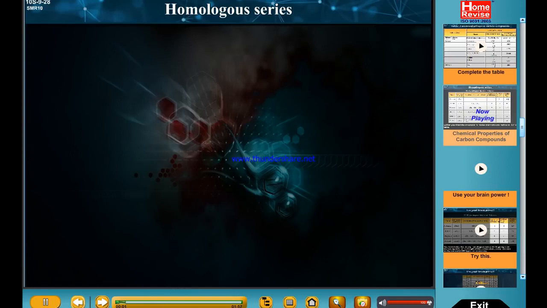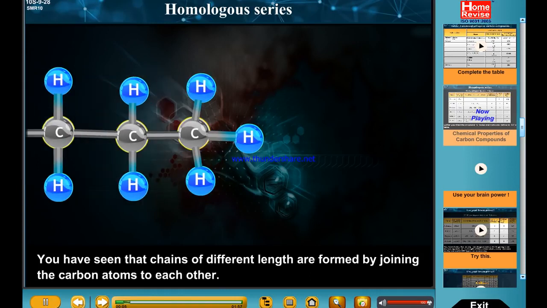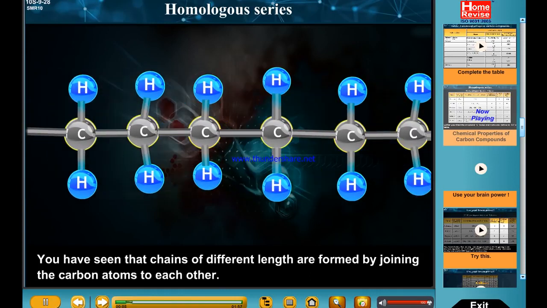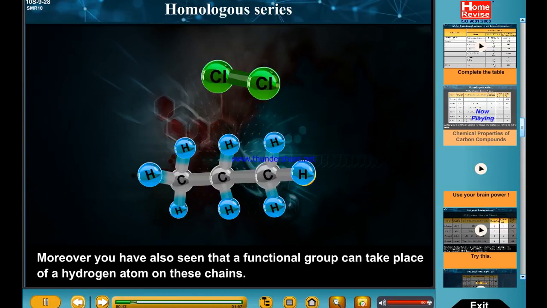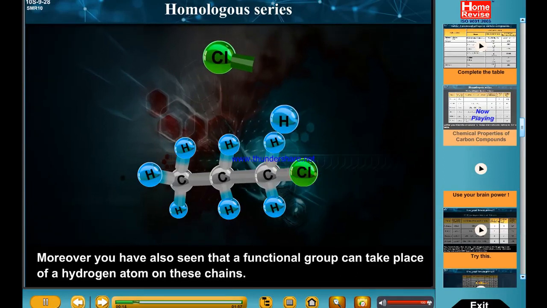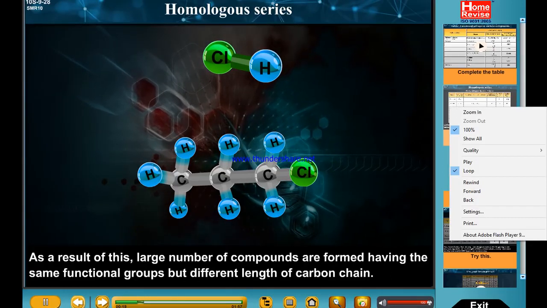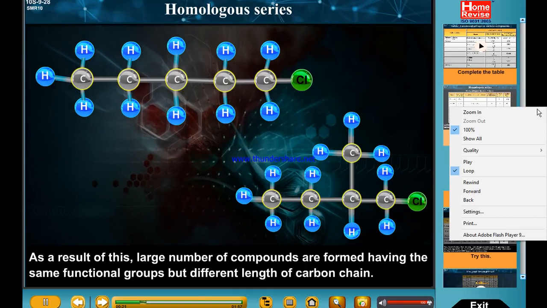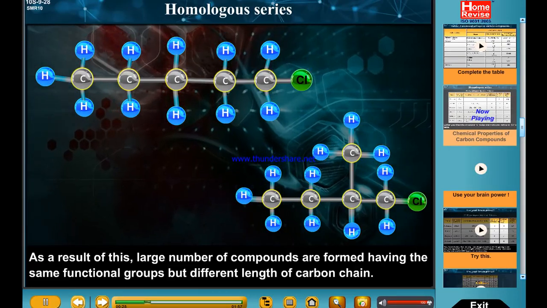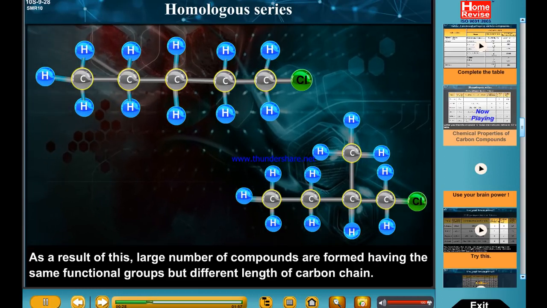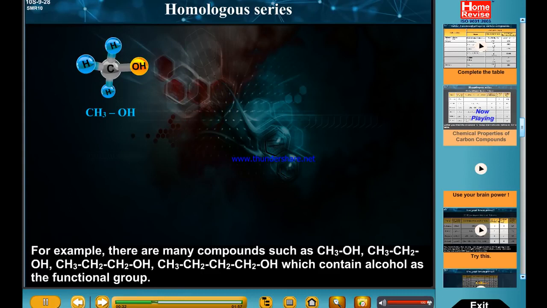Homologous series. You have seen that chains of different lengths are formed by joining the carbon atoms to each other. Moreover, you have also seen that a functional group can take place of a hydrogen atom on these chains. As a result of this, a large number of compounds are formed having the same functional groups but different lengths of carbon chain. For example, there are many compounds such as CH3OH,